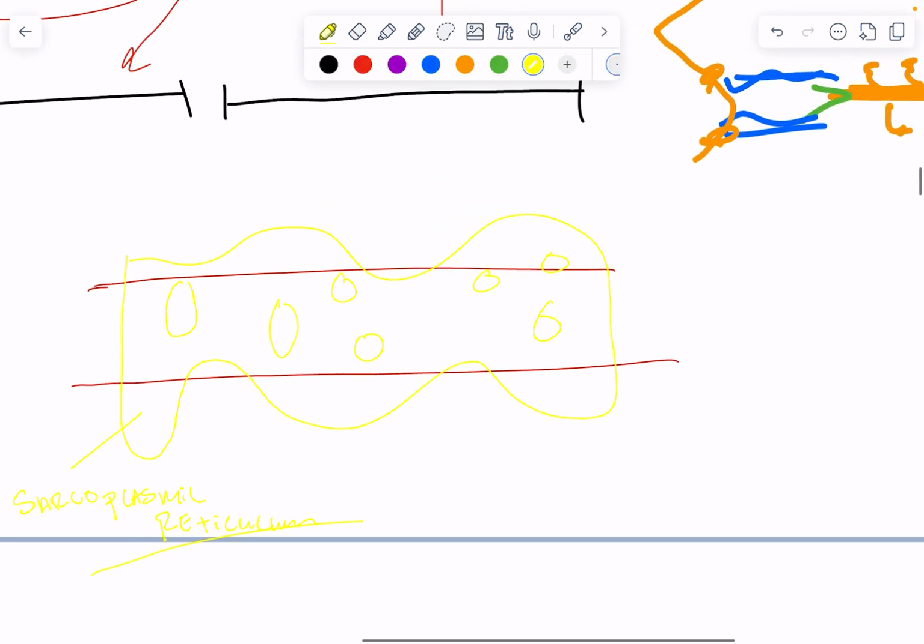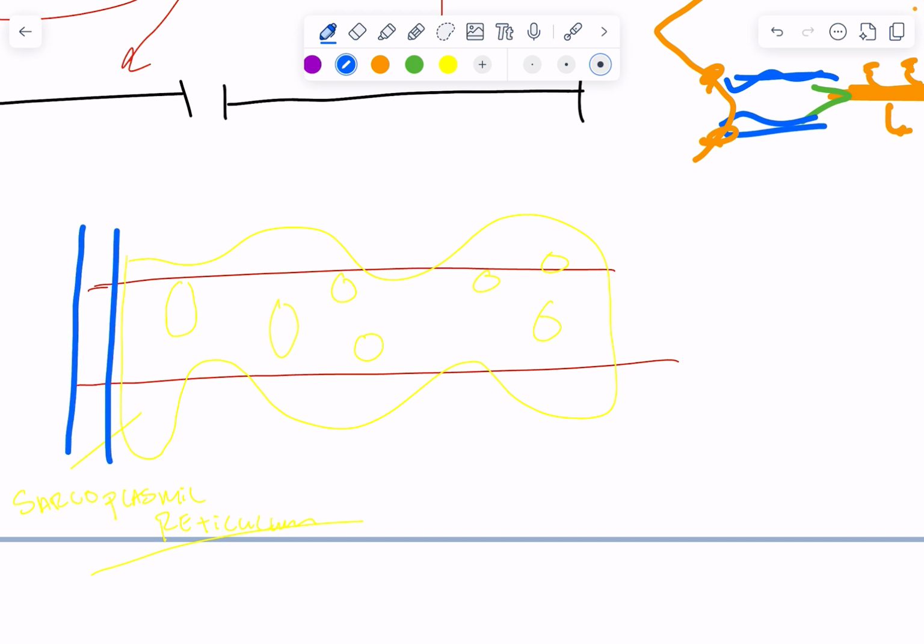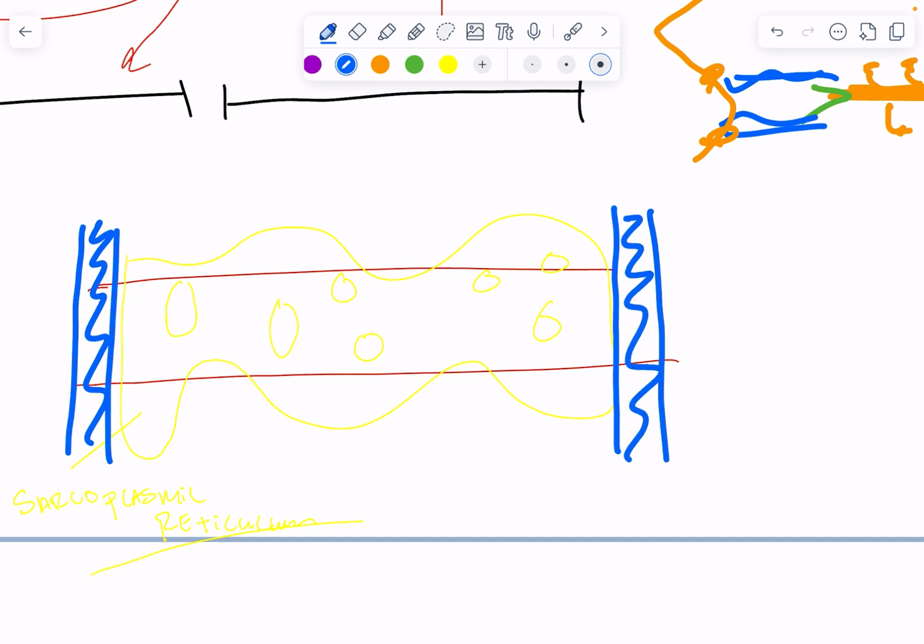And on either side of the sarcoplasmic reticulum, kind of in a little zone like this, is what we call a T-tubule. And these little T-tubules are just invaginations in the membrane